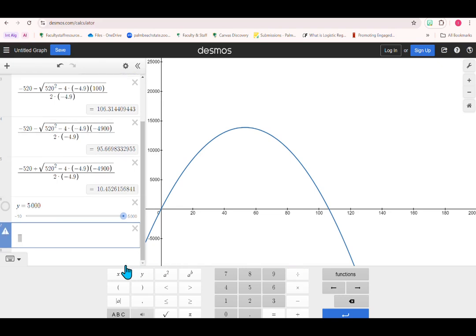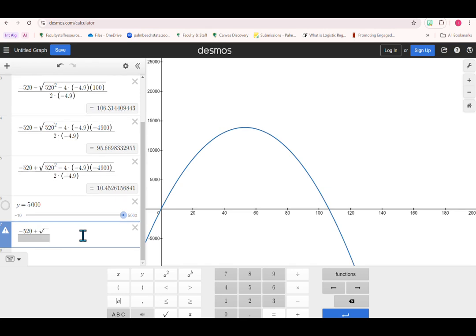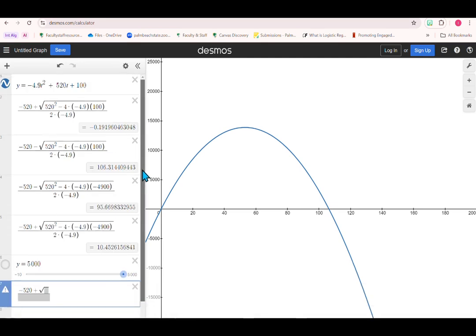So now on the top I can enter, and I'm using the negative sign from the keyboard, negative 520 plus. For the square root, I can click on here, or if you just type the letters SQRT, it gives you a square root. And from here on, you just continue to type your expression. To save time, I'll just show you. I entered over here negative 520 plus the square root of everything we have on the other page. Notice I'm using extra sets of parentheses